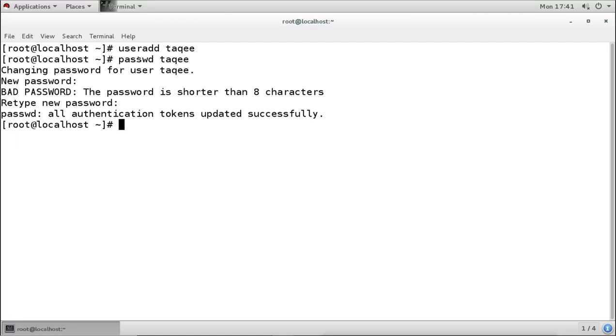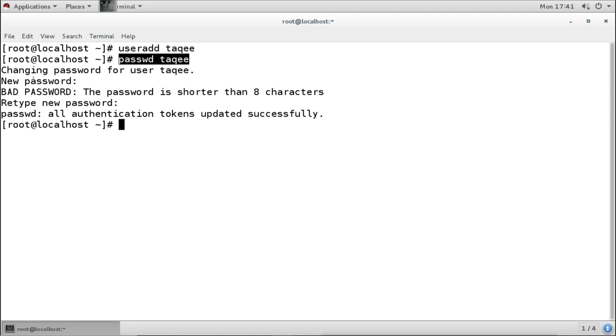Now when a normal user changes their own password using this command, first it asks for the current password. For the root user, it is not asking for any current password. You see, it says new password directly. But for normal users, it will first ask for the current password.